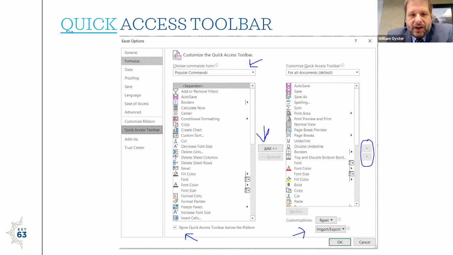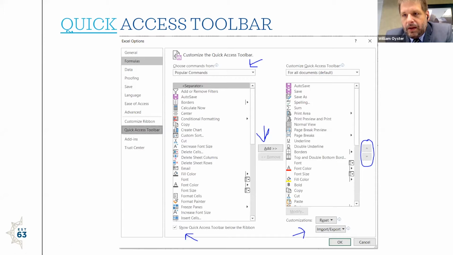So then once you find that shortcut that you want to add, basically just have to click on it in this section here and then go to the add button, click that, and it will put it over here, which is the list of your shortcuts that you have on your quick access toolbar. Now, typically it will put it at the bottom or wherever your cursor is within that, but you can always move that and group that accordingly